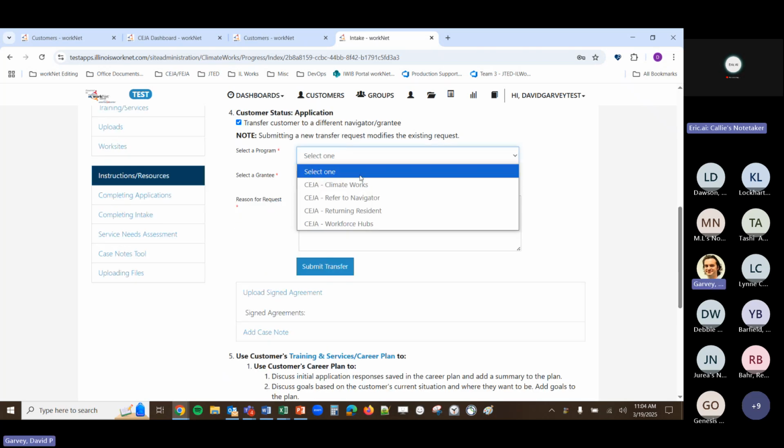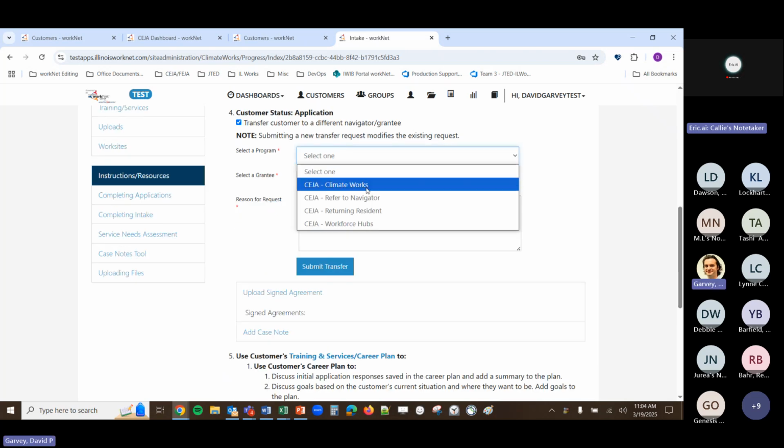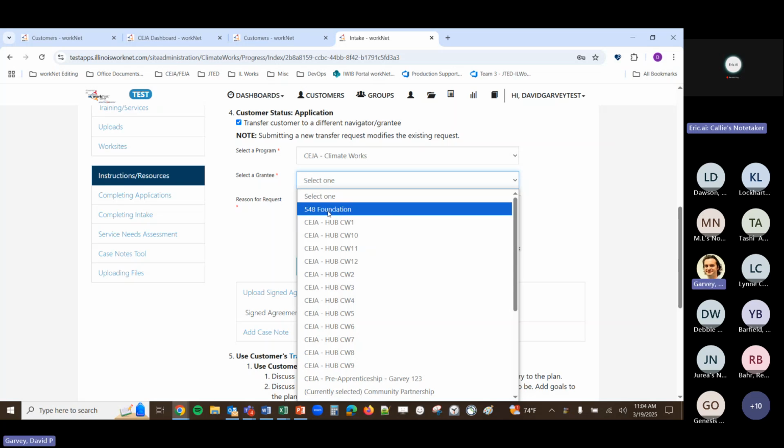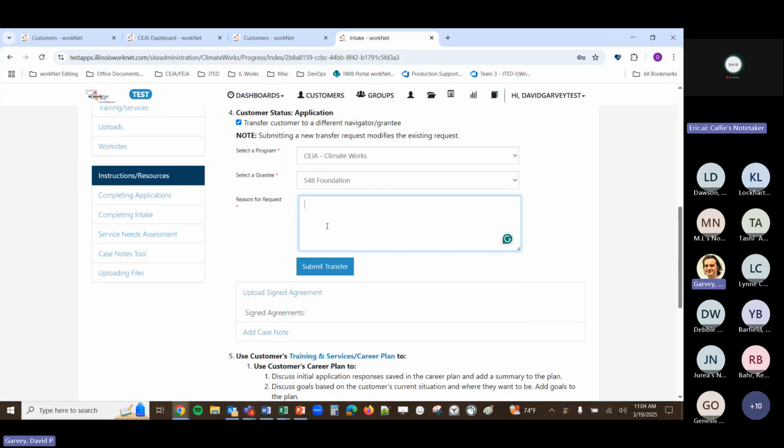You check the box, select the program, and this is our test environment. This isn't out yet, but I have to make sure and test this to make sure it works. But we are adding that reason for request so that there's a little more context as to why this transfer request is being initiated.